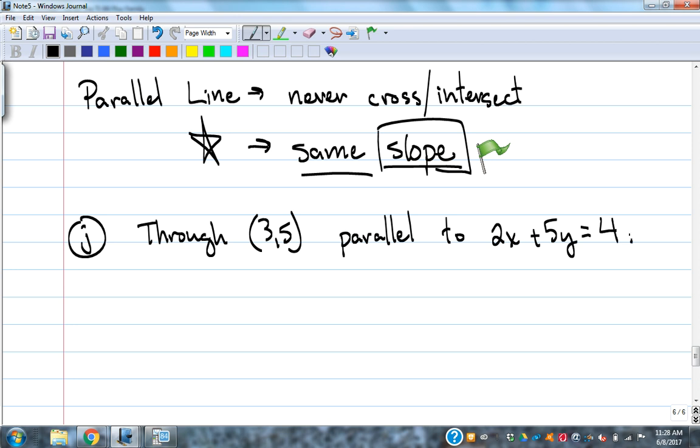Okay, so what they're asking us to do is take this equation, 2x plus 5y equals 4, and make a new line, or equation of that line, that goes through 3, 5. Okay, so what do I need out of that equation, the 2x plus 5y equals 4? I need the slope. The problem is that line is